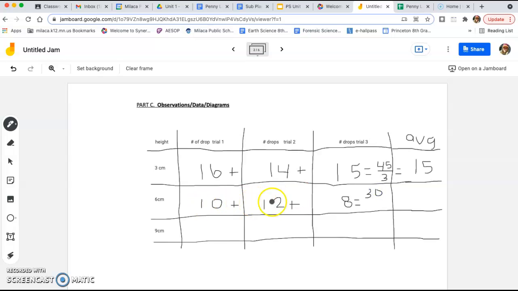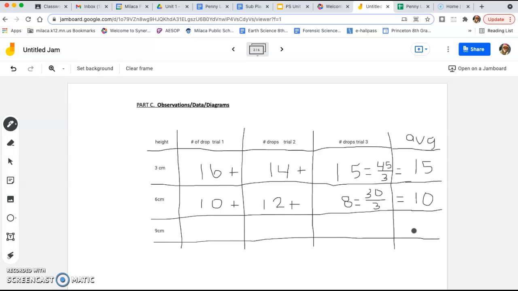How many trials did I do? I did 3. So then I divide it by 3, the total amount that you're adding up, so 3 trials, and that's going to give me an average of 10 drops at 6 centimeters. Okay, once you do that for all 3 heights, when you guys are totally done, you are going to have one group member,